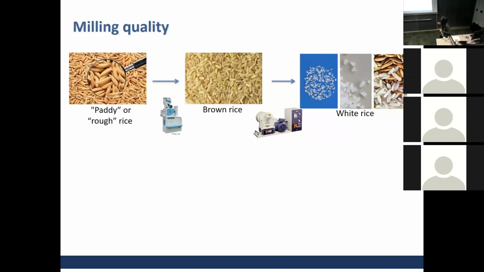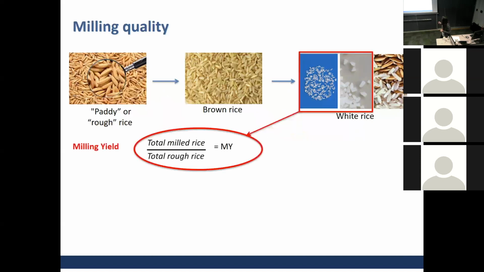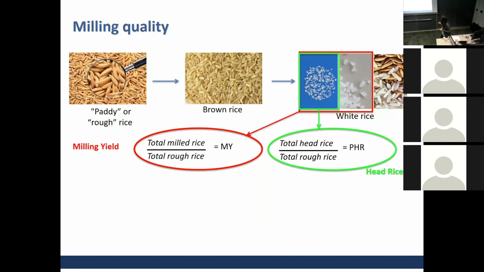Then after milling, we obtain our white rice, which constitutes both whole kernels and broken kernels. So the total amount of both whole and broken kernels is the milling yield, relative to the original amount of rice. Then the head rice is when we separate broken from whole kernels, and it is the total amount of whole kernels relative to the original